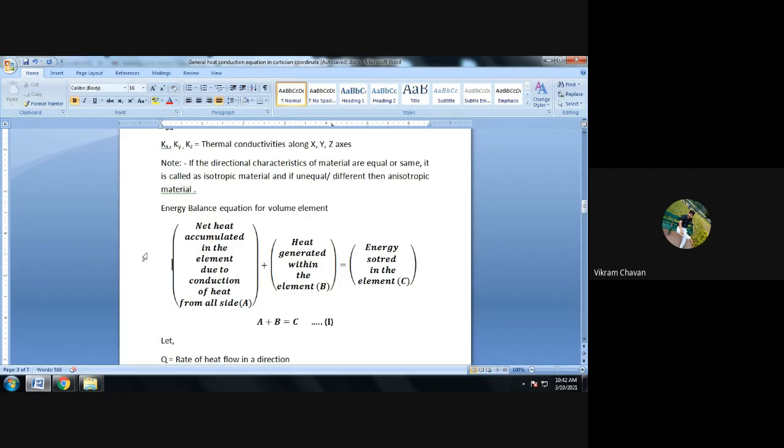Bracket complete, plus heat generated within the element, in small bracket capital B, part B of the energy balance equation, is equal to